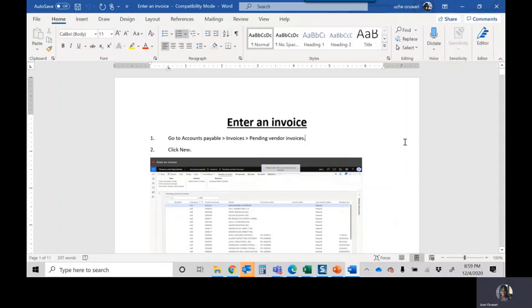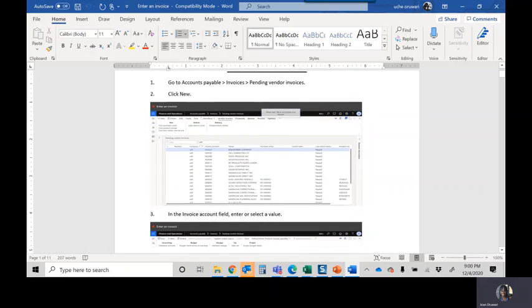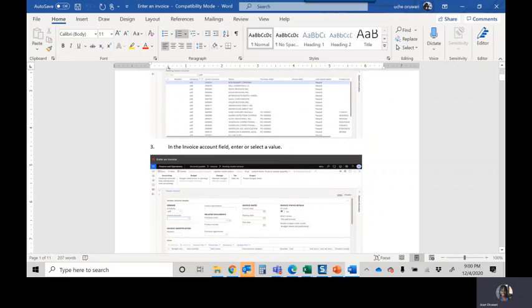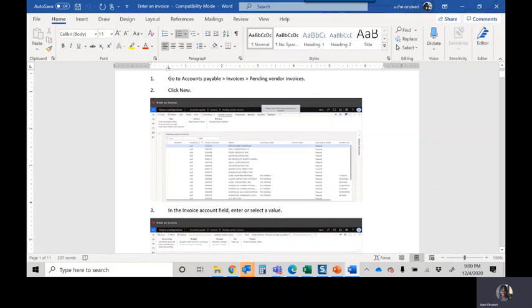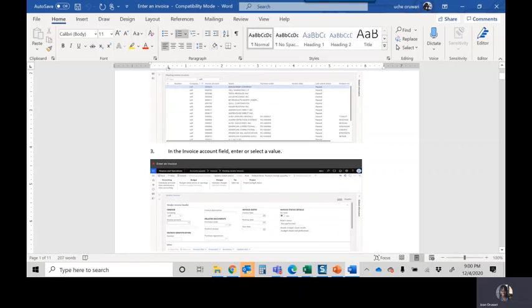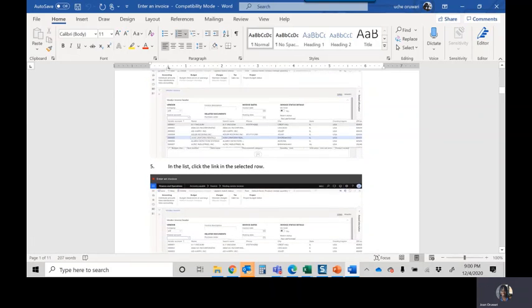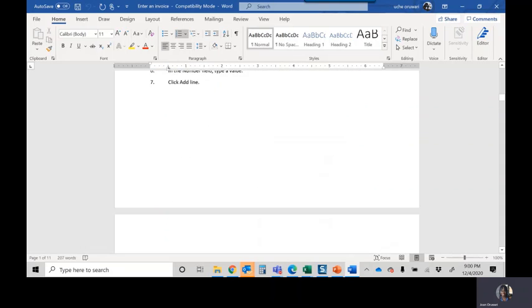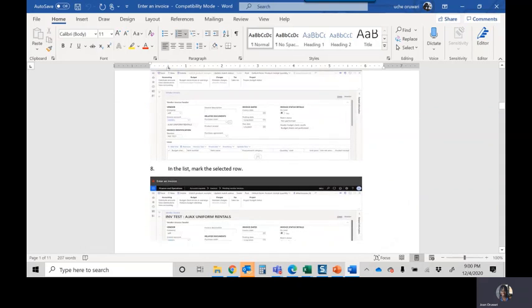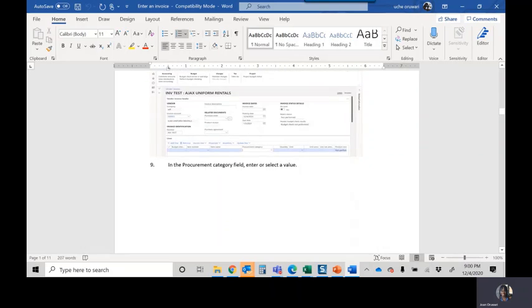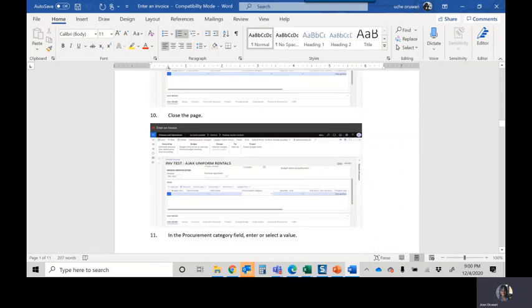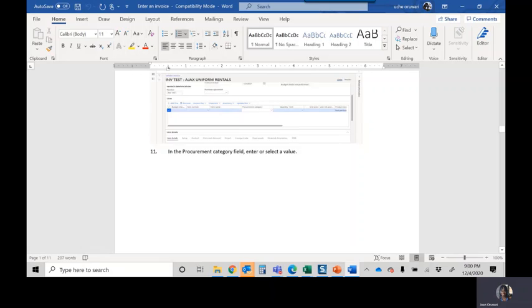And this is the document that just got created by the task recorder, and it is documenting each of the steps that I had just taken: entering in an invoice, going to accounts payable, invoices pending vendor invoices, clicking on new, entering in the account field, and choosing an invoice account, entering in a number, clicking add line, documenting the procurement categories, and then attaching a